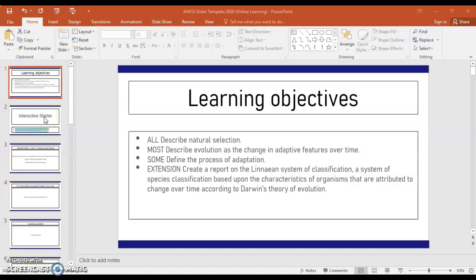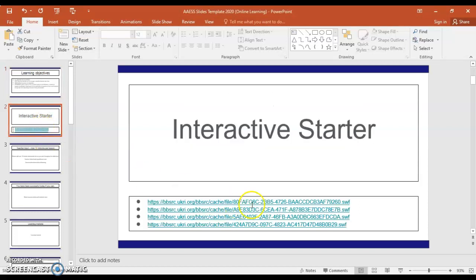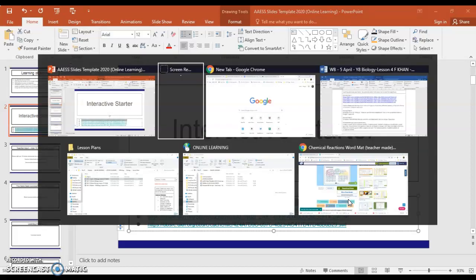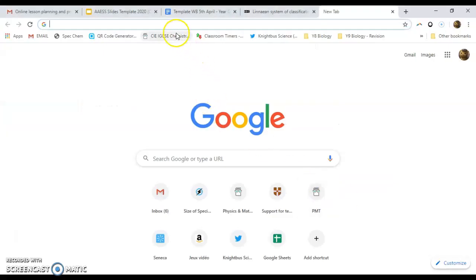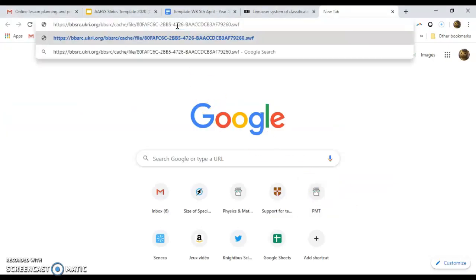So for your first activity, I would like you to go through each of the games that I have placed links to on this slide. All you need to do is copy the links. I'm just going to do that right now. So you take each link and place it into your browser,